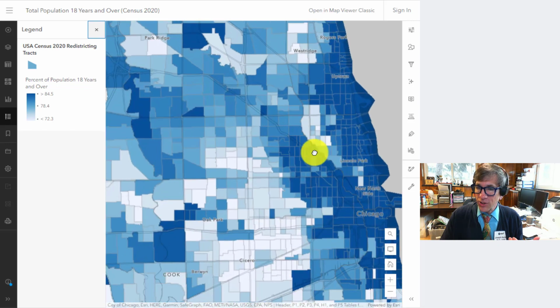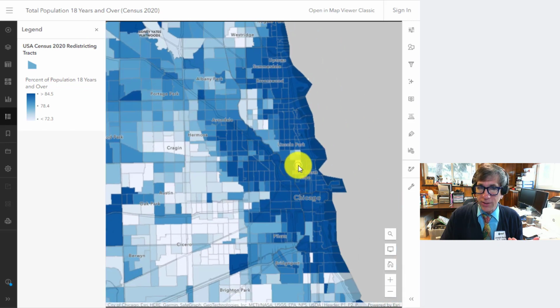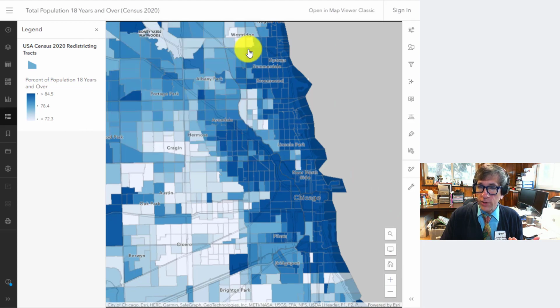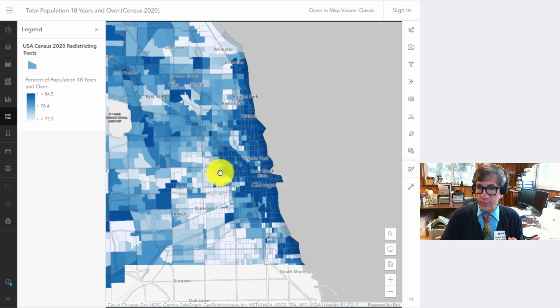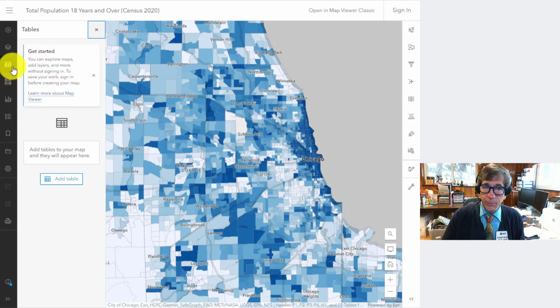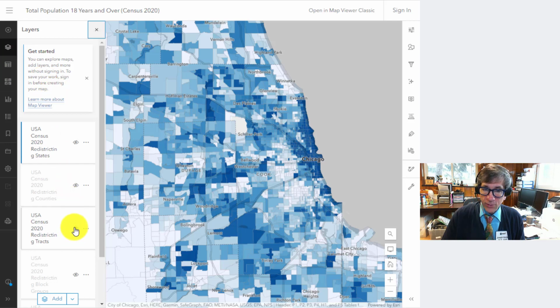Okay, so even in Chicago, you've got a couple neighborhoods where there's a little bit of a deviation. For example, here you've got a couple of university neighborhoods, like DePaul University, North Park, etc. So you can see some variations across a metro area. There are other things that pull up or pull down the median age of the population and affect this percentage that we're looking at here. So now we're looking at the census tract level, but as I hinted at earlier,